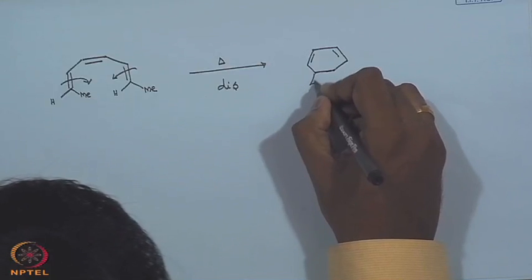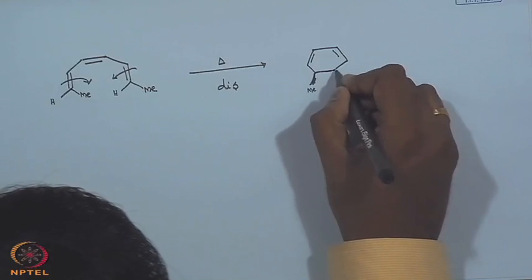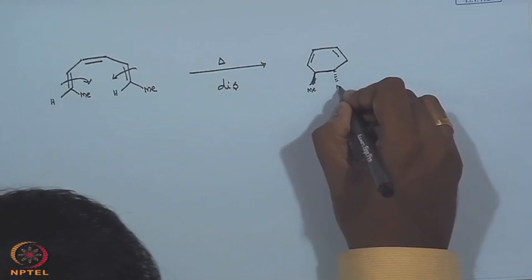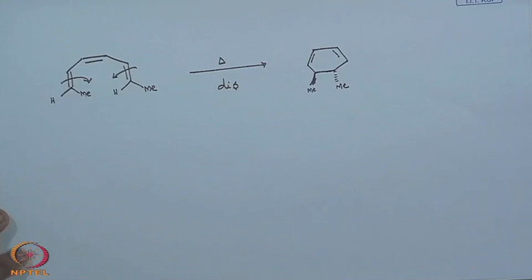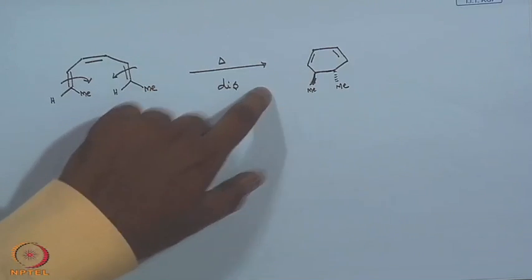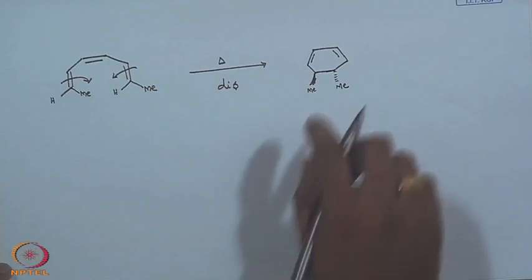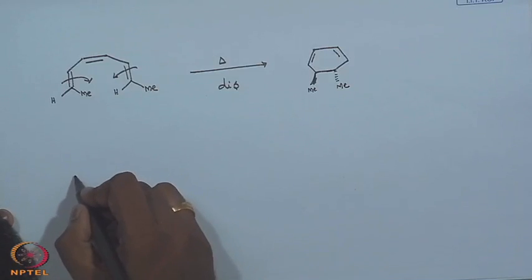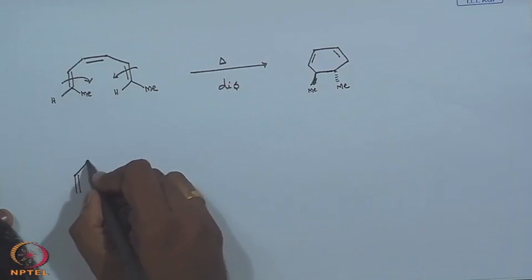In this case, you get just the reverse product. See, this product you got on photolysis. In this case, you get it on heating. Same thing if I do